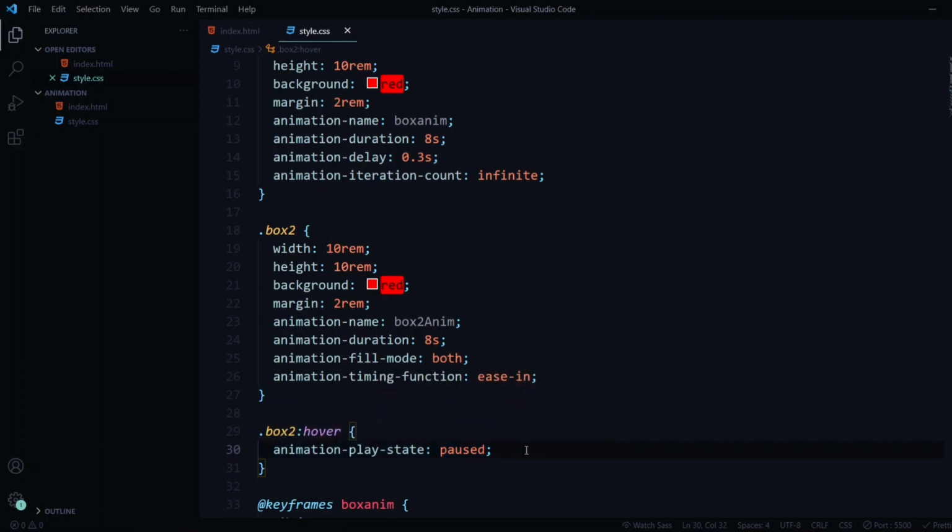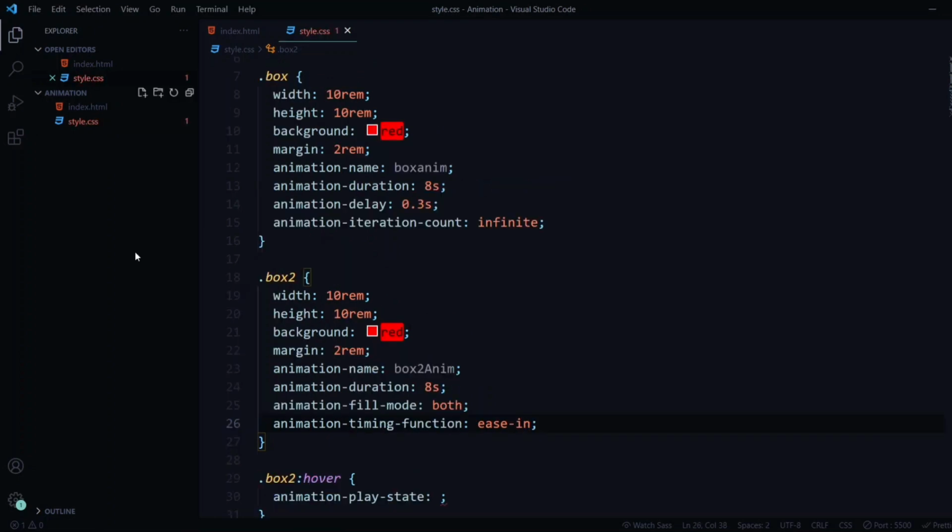So now I guess I've covered all the important properties of animation. If you guys want a better documentation, you can always visit W3 Schools or MDN websites and everything. So now what we're going to do is we're going to talk about the last property that is there. I know I said this one was the last, but believe me, there's a simpler property that you should all know and you should all use. So it's a shorthand property, which is the name animation itself. So we're going to talk about that now.